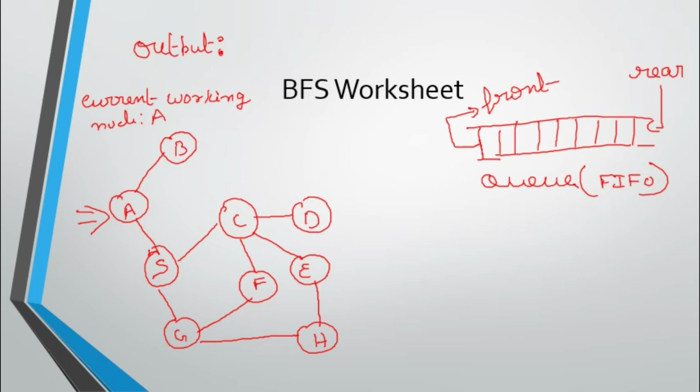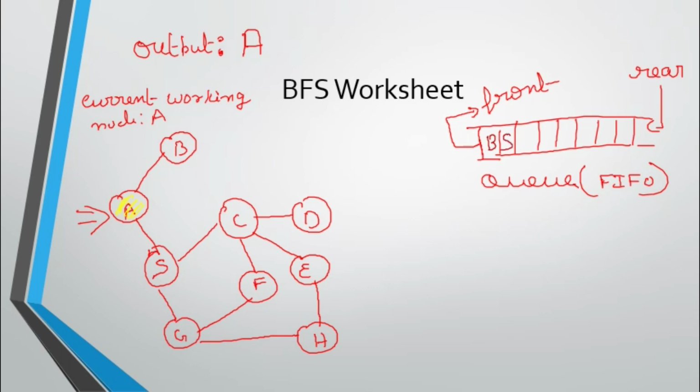Of course, here A is there. We'll put A, that is the first current working node, into the output. From A we can go to B and S. A is already visited, so I'll just mark it. Then from A I will go to B and S. Once again, there is no hard and fast rule that you have to follow alphabetical order only. You can go to S first and write B also, but I will go in alphabetical order. So first you write A, A is already visited, so from A you can write B and S into the queue.